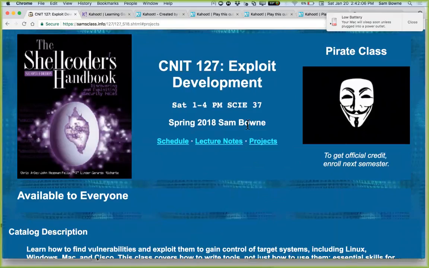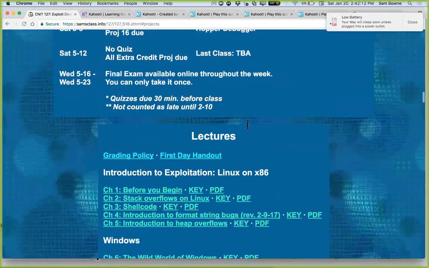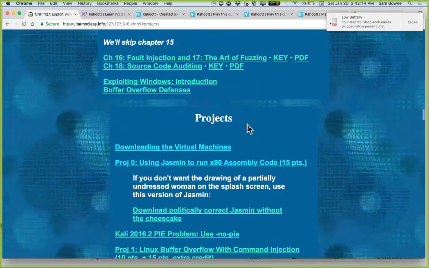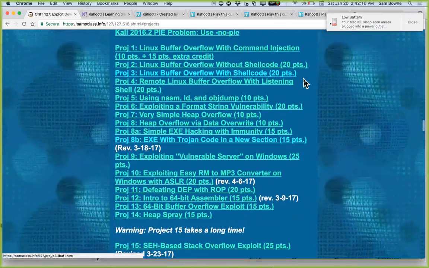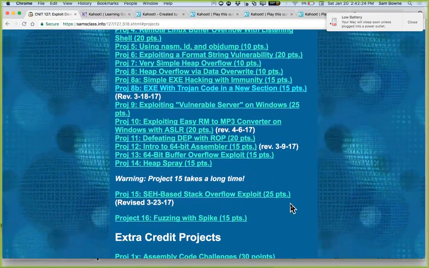64-bit exploits are not that hard, but it's an unnecessary level of complexity we don't need. We'll get there around project 7 or so. And we're going to start with Linux because it's much easier, and you learn this memory. Then we're going to go to Windows, and we are going to go all the way up to exploiting modern versions of Windows with all their defenses, using the tricks to get past them all, like heap sprays and return-oriented programming and everything else. But we're going to start with the very simple 20-year-old Aleph One basic buffer overflow